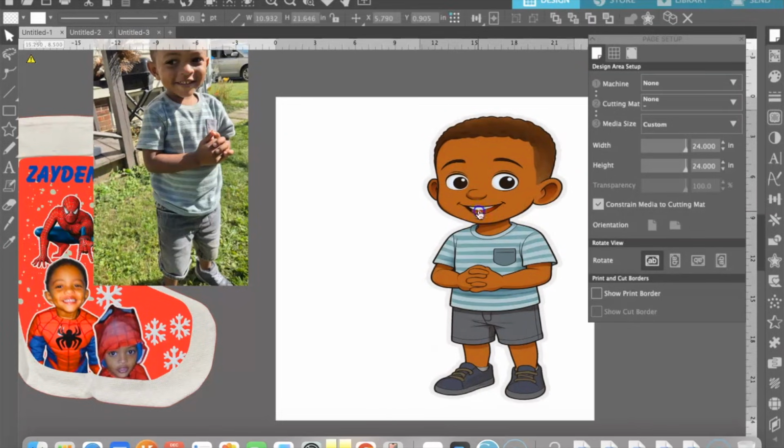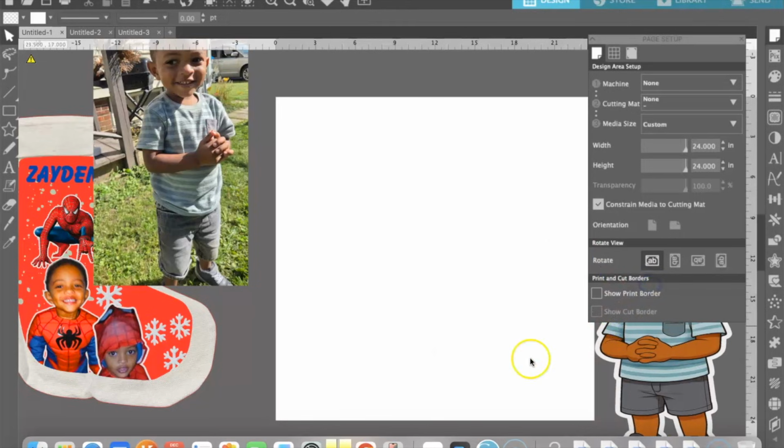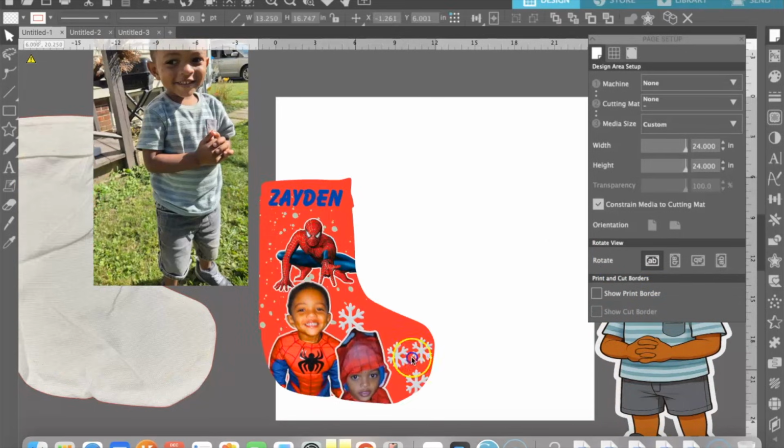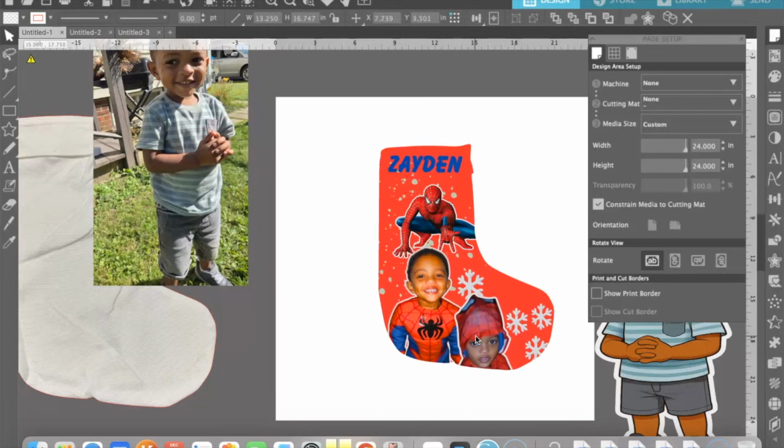So also I'm going to be sublimating this too. I already did design this. I will not be doing a video on this because I basically watched another video to do this. It's very time consuming. But how I learned to do this is I went to YouTube and I looked up the video saying DIY sublimation stocking, and that's how I found out how to do this. It's a lot of steps, and right now I don't have time to show y'all. But if you want me to show you